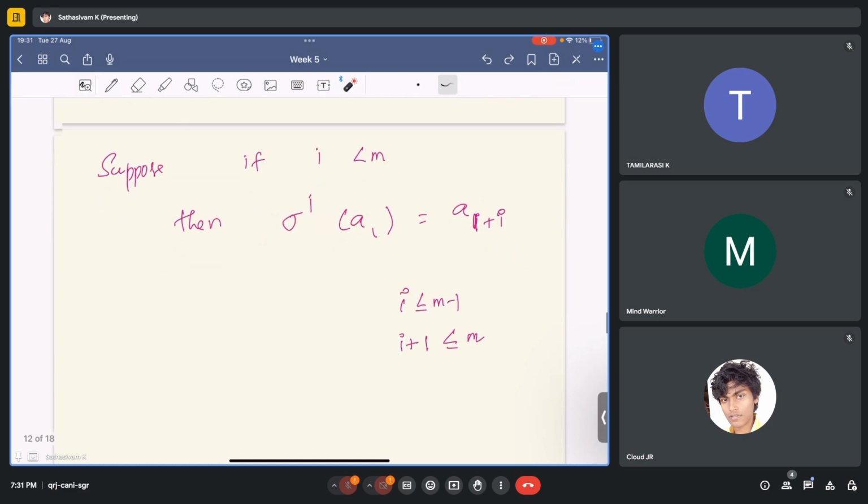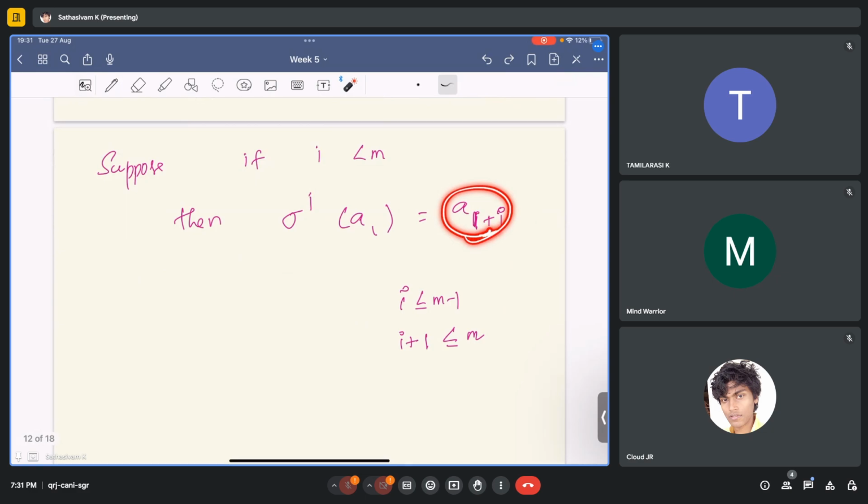So we won't go mod. So sigma I of A_1 is nothing but